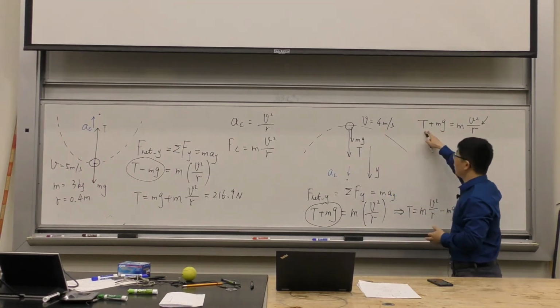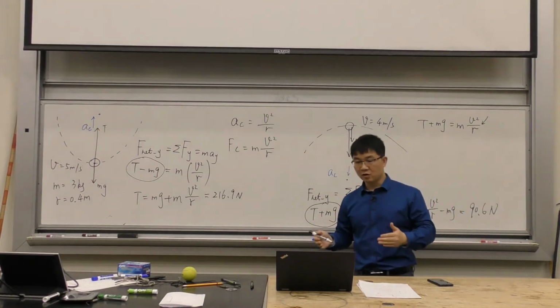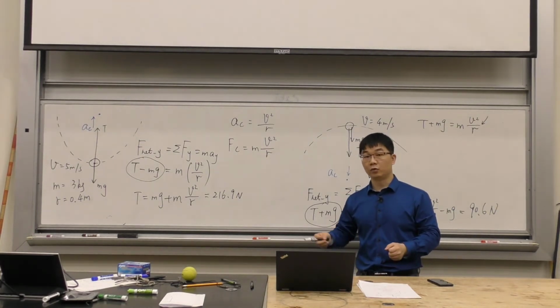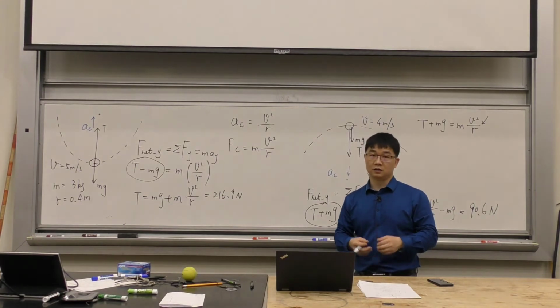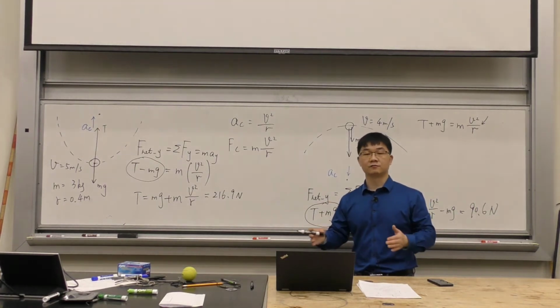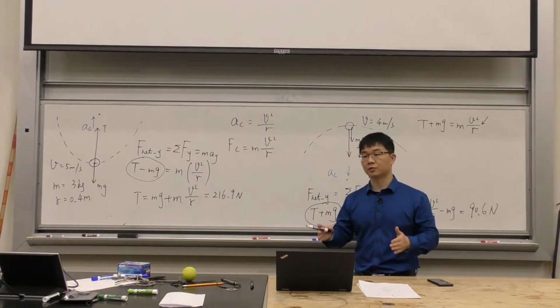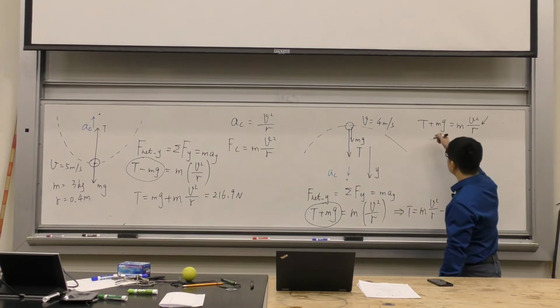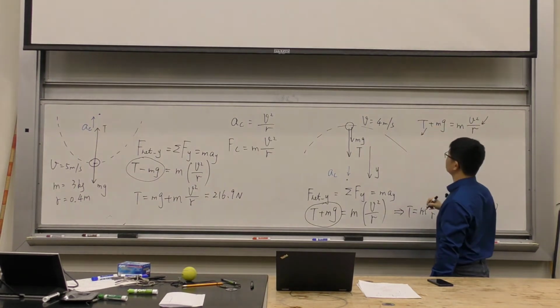But tension, well, okay, tension, there's no certain value for tension in a string, right? You can pull a string really, really hard, and then the tension is going to be very, very high. So the tension actually can vary. We know that the tension is not going to be a constant in a certain string, right? So this tension is going to get a little bit smaller if you